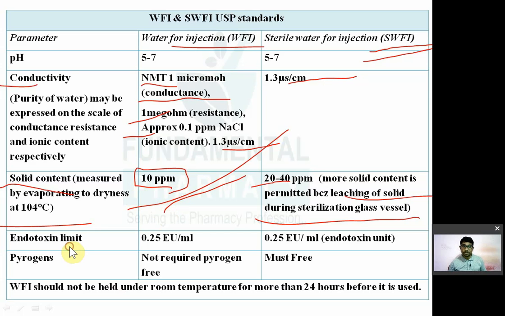You have to remember now endotoxin limit, next one is the endotoxin limit। So what is the endotoxin limit for your water for injection, that is nothing but the 0.25 endotoxin unit per ml। 1 ml में 0.25 endotoxin unit से ज़्यादा नहीं होना चाहिए। Then what is limit for your sterile water for injection, same 0.25 endotoxin unit per ml, then pyrogens।